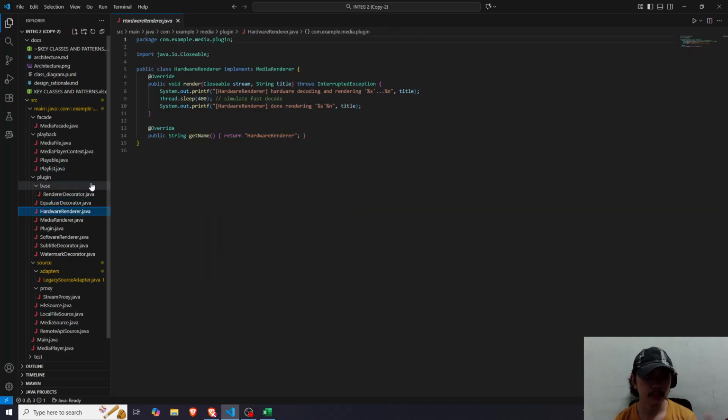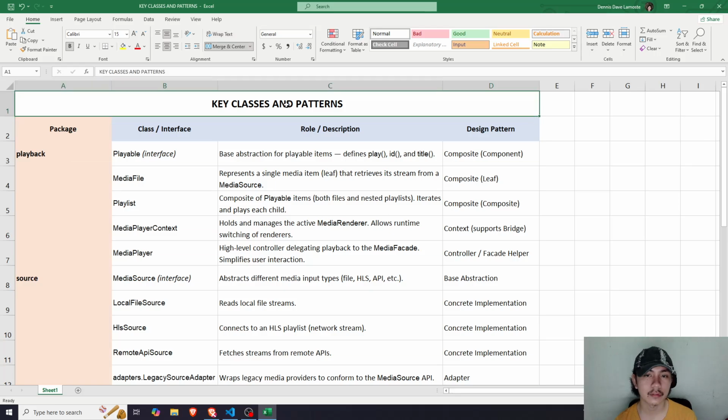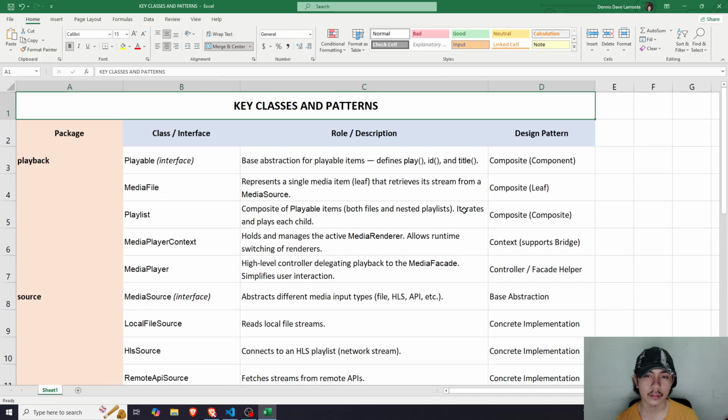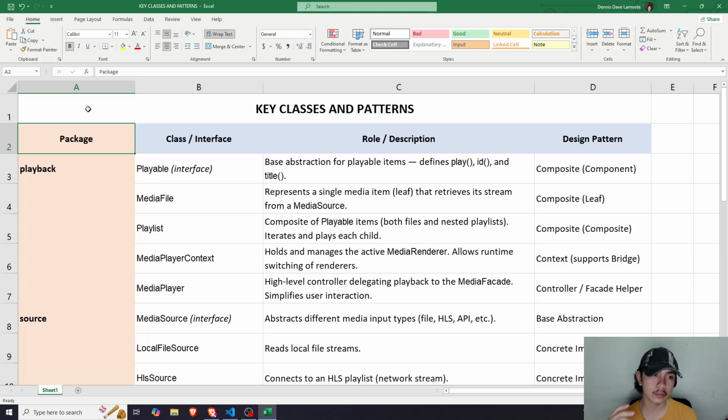I have here a compiled list of key classes and patterns in an Excel sheet, so that we can tackle each class in each package much faster and won't have to consume a lot of time. So let's proceed to the key classes and the patterns involved in this project.